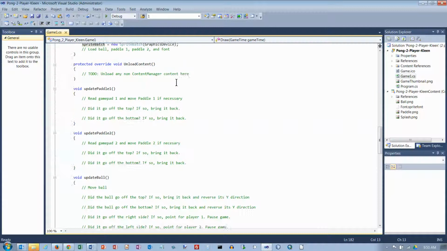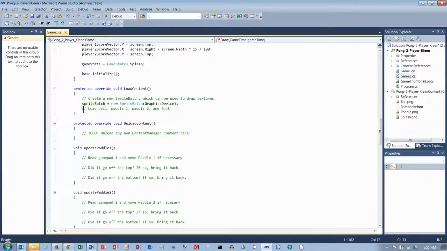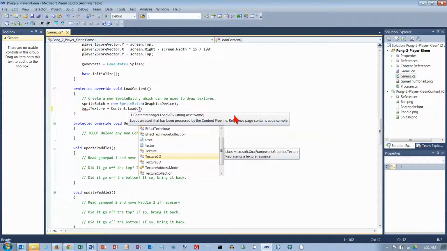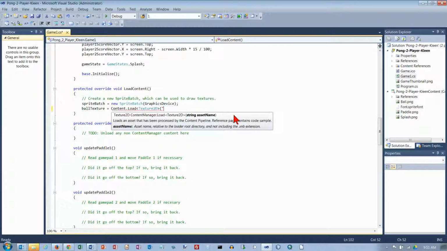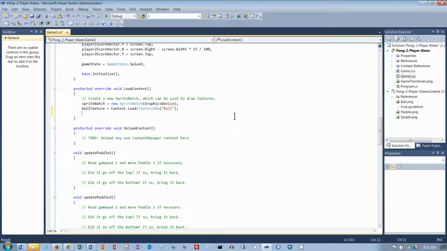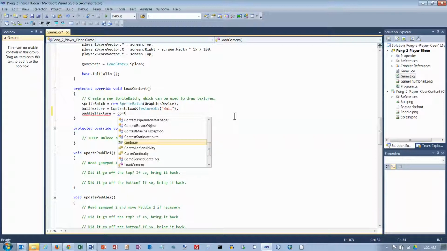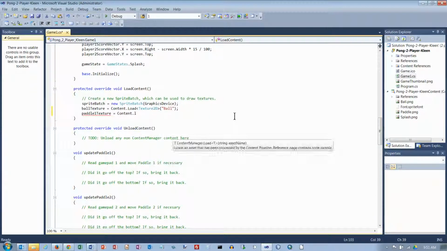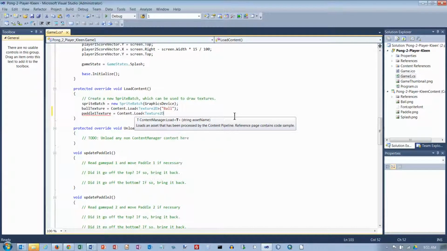Let's go back up to load content, and this is where we do the ball texture, not rectangle, texture, and it's going to be Texture2D, and we called it ball. And we do the same thing with the paddles. Paddle 1 texture equals content dot load Texture2D, and this is going to be, I just called it paddle,